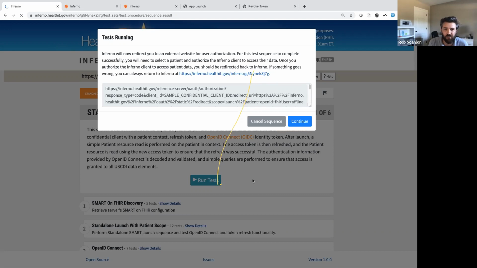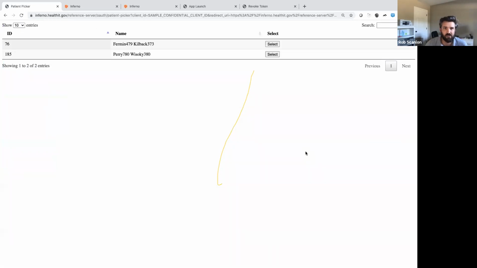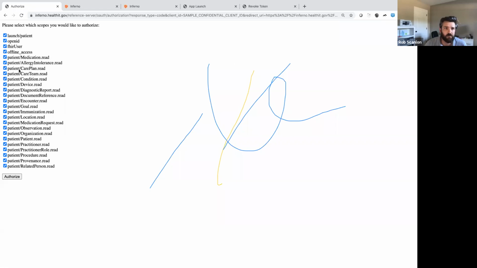So we built Inferno to be flexible enough so that you can do things like pause execution and redirect users and things like that. So it demonstrates the flexibility that we built into the system. And since this step is really just demonstrating a smart app launch, if you're familiar with that process, you jump over into the system under test. You may or may not be asked to choose a patient. And then from there,